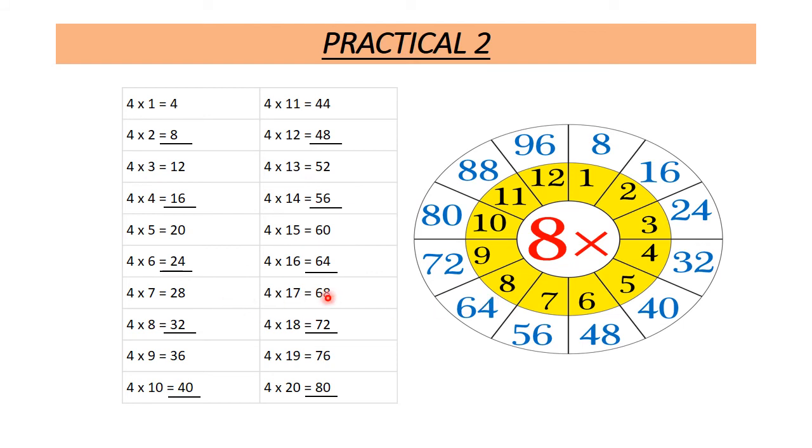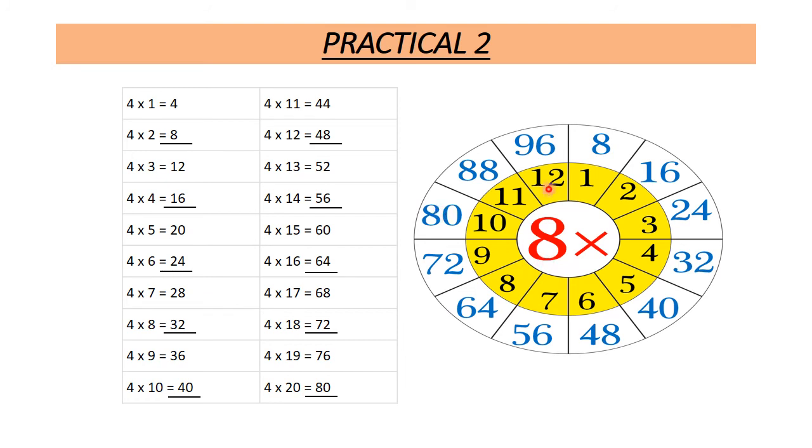Now we will skip this. Now we have to see what is 8 9s. Double of 4 is 8 and half of 18 is 9. So 8 9s, we are getting 72, the same one. Now you will skip this. Last but not the least, double of 4 is 8 and half of 20 is 10. So 8 10s are 80.